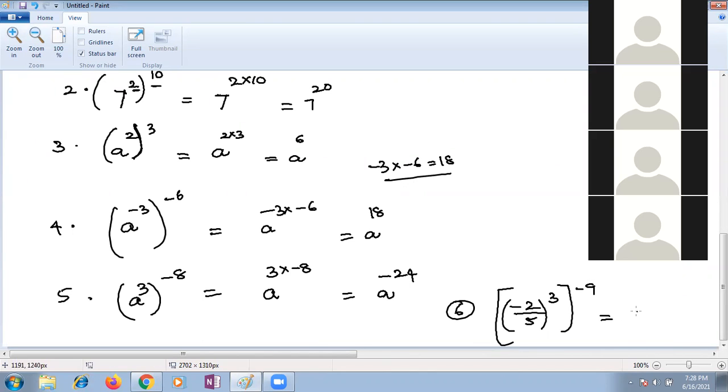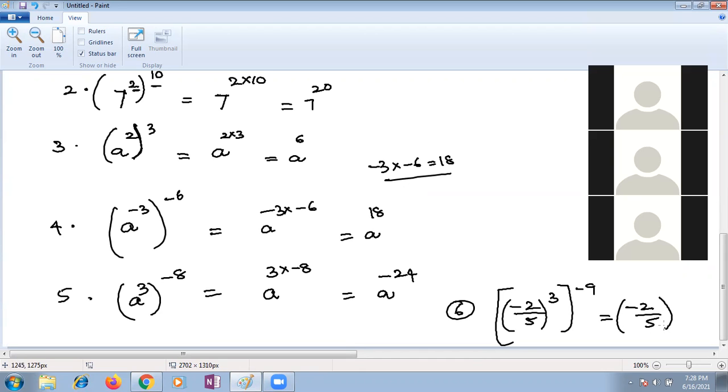So first, ma'am, it would be negative 2 over 5 to the third power, then to the negative 9th power. Power raised to power. Negative 27. Negative 27 power. Yes, very good. And here, is the result you're getting negative or positive? Can you please share with us? Ma'am, the result is going to be positive. Okay. Negative, because the 27 number is odd.